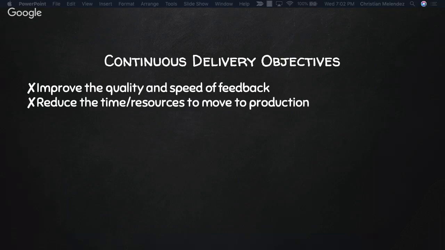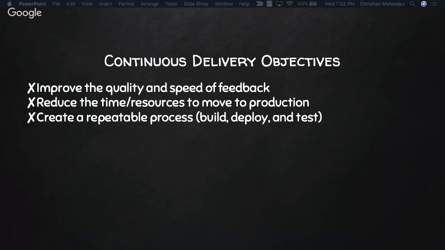Another thing is that you would like to reduce the time and resources to move from a local environment to a production environment. The way that you will be able to reduce that is by having a production-like environment, although there are going to be certain cases where the application is so complex that even with Kubernetes, it will be difficult to have a production-like environment. But the premise is that with a continuous delivery pipeline you can move from left to right, by using things like continuous delivery and continuous integration.